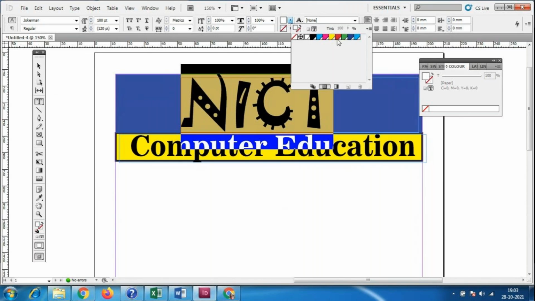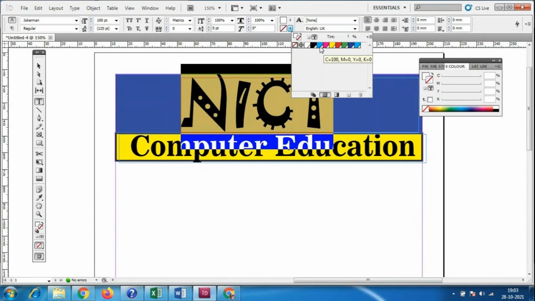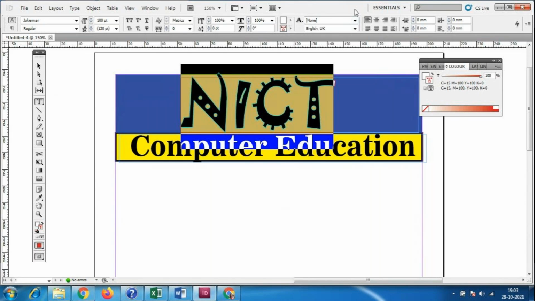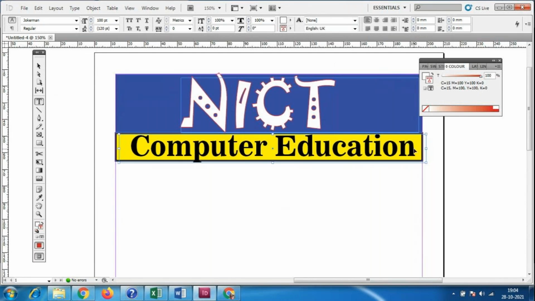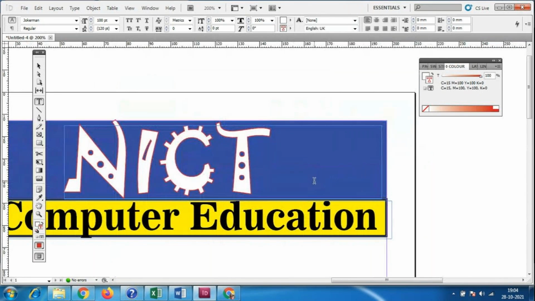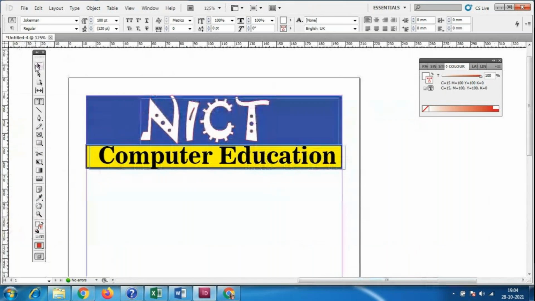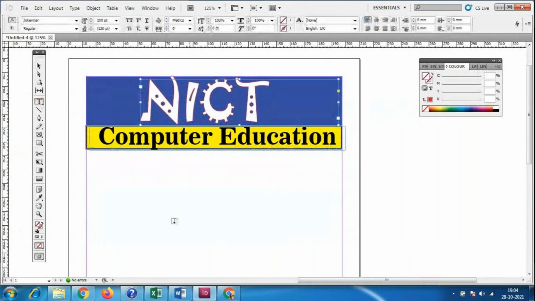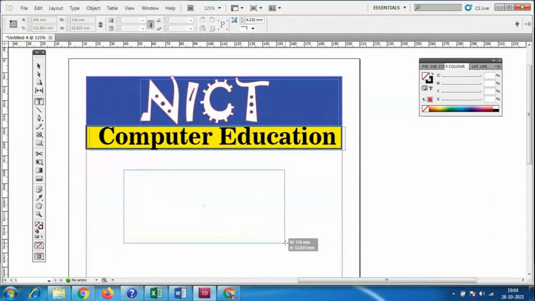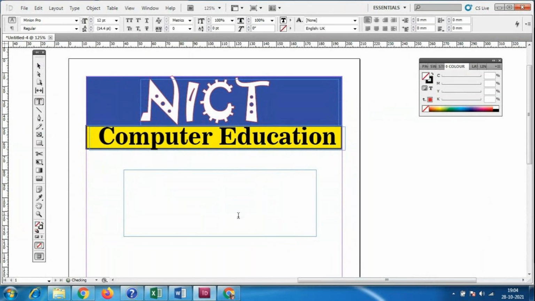So we have two different colors, one is a fill color and one is the stroke color. Outline colors we can give for the text also. So now I will use outline color. You can see it, right? If I zoom in, you can see this outline color. Suppose I make a text like this, I can increase the size of the text.